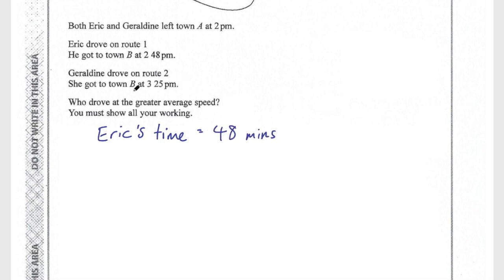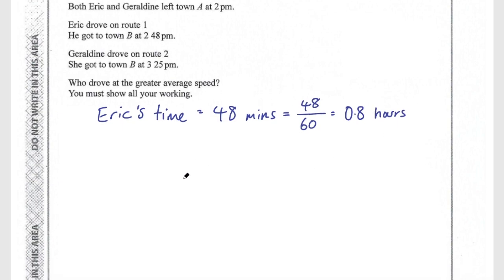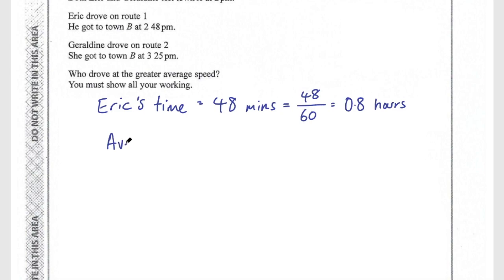And because we want an average speed, usually we say average speeds in terms of miles per hour. So we want this time in hours. To convert that to hours, we divide it by 60. 48 divided by 60 is 0.8 hours. And then we can say his average speed